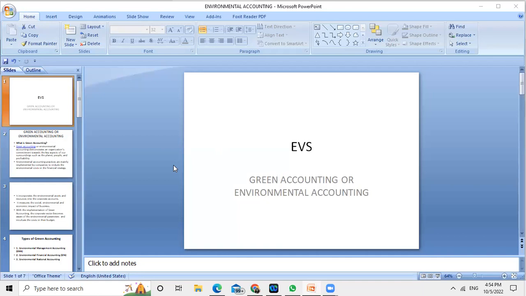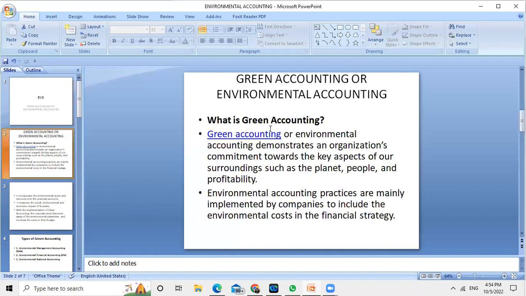I told you to do a project work on green accounting. You can also call it environmental accounting. Let me explain what green accounting or environmental accounting is. It is an accounting which allows an organization's commitment,